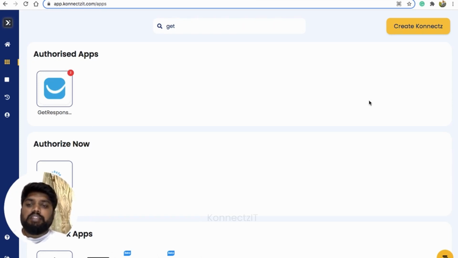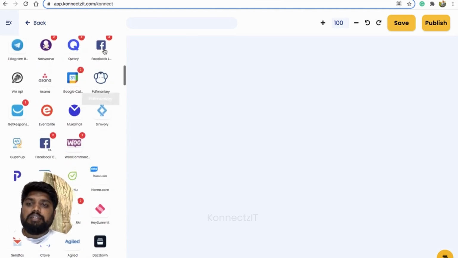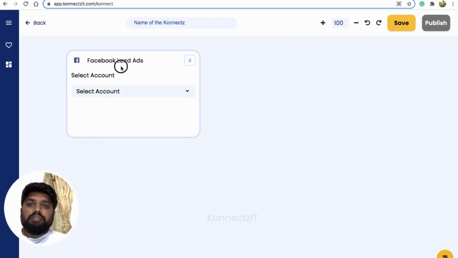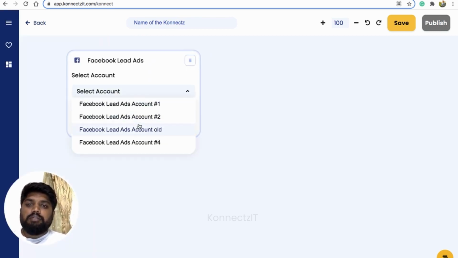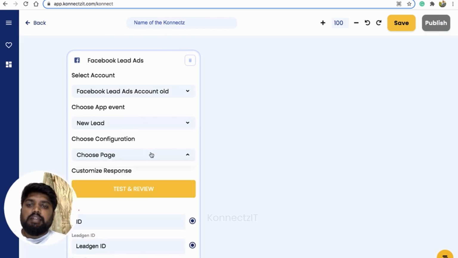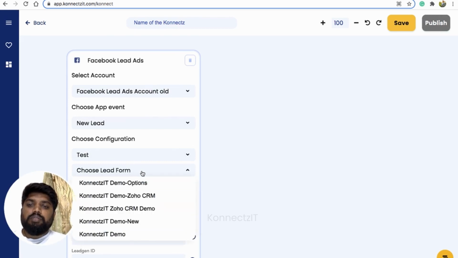So now let's start building a workflow. I'll click on create connect and select Facebook lead ads. In Facebook lead ads, you have to choose the account, select the lead as new lead, and choose your form.